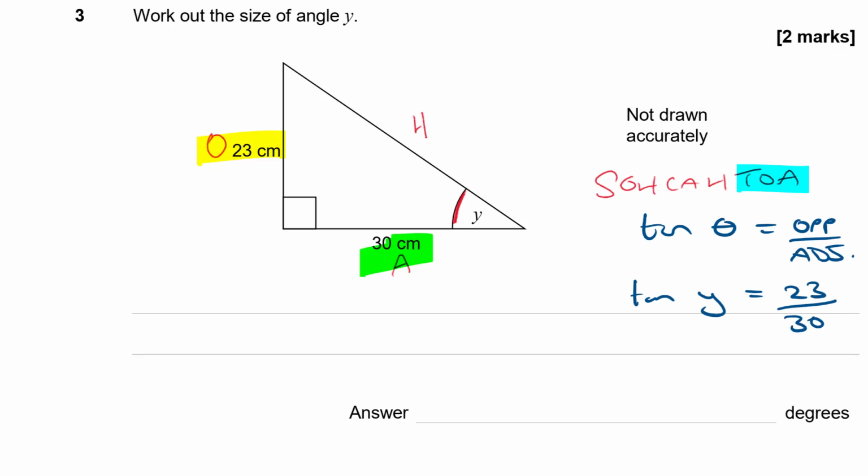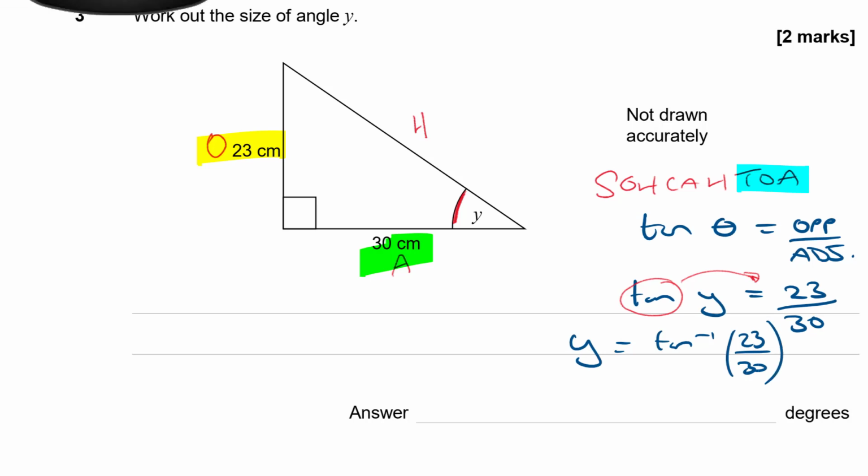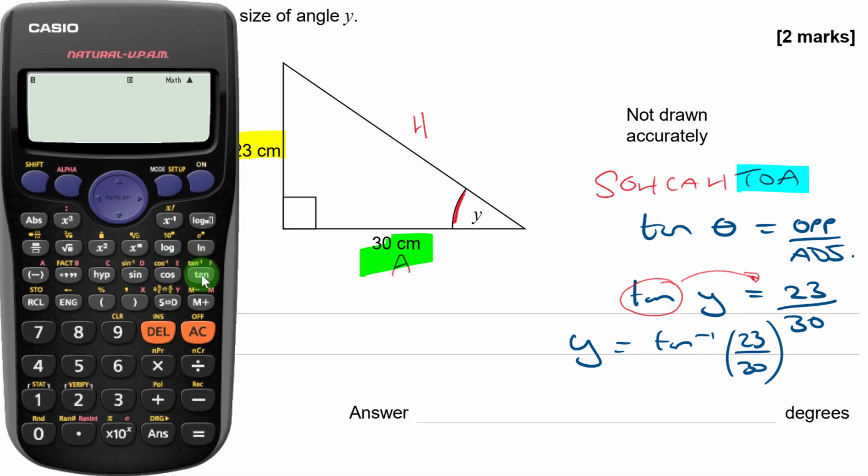Right, so now to get y by itself, I have to move this tan part to the other side, and the way I do that is use the inverse tangent. So I'm going to use the fact that y is going to be the inverse tan of 23 over 30. So pulling up the calculator, shift key to pull up the inverse tan, and then I'm going to type in 23 divided by 30, and I make that